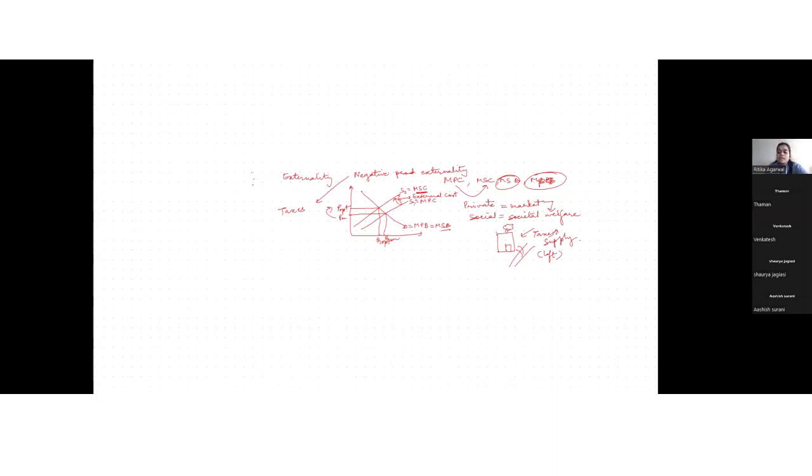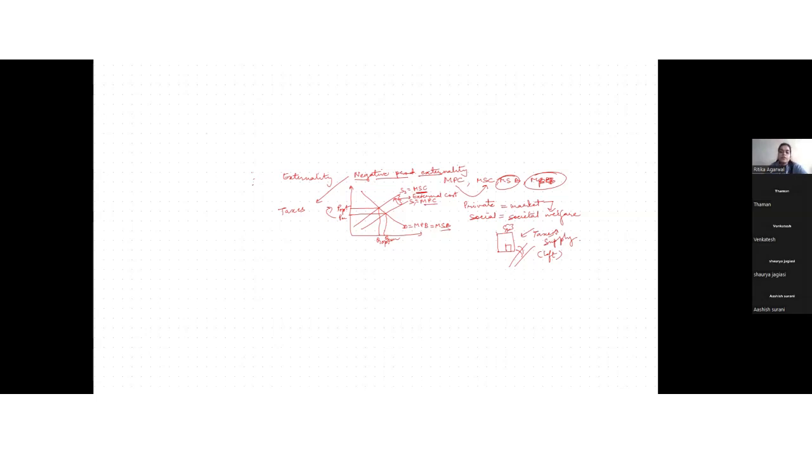If taxes increase, we shift our supply curve to the left. And it is the same case we are doing under negative production externality. This is a trick, because students have to learn how to make these negative production, negative consumption, positive production and positive consumption externality graphs. So it's a trick to go from MP to negative production externality, positive production, positive consumption externality and negative consumption externality.